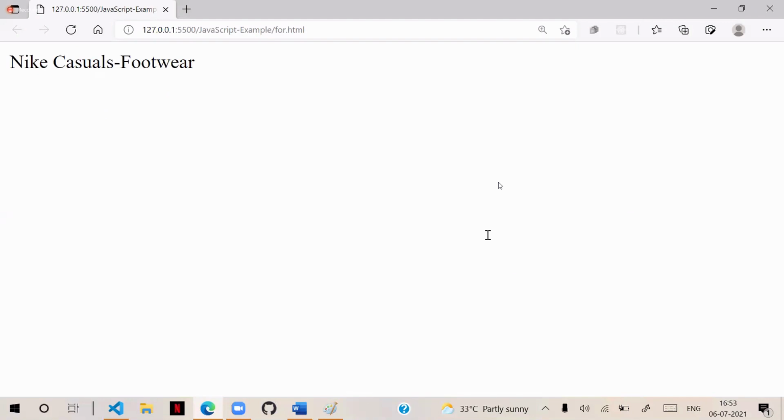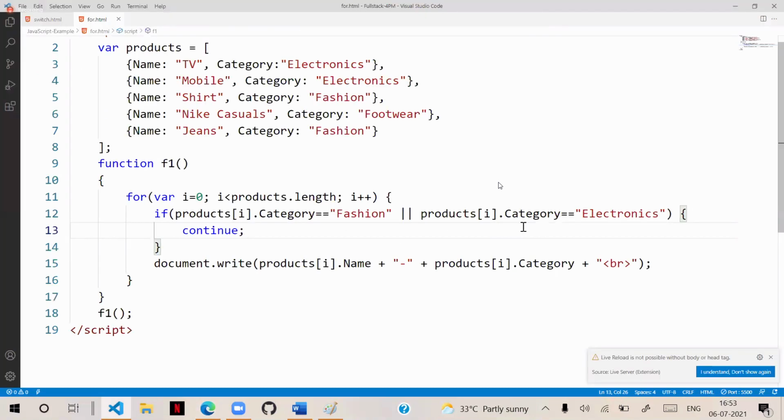You can write multiple. That means if fashion comes, it will ignore. If electronics comes, it will ignore. That means it will print only those.